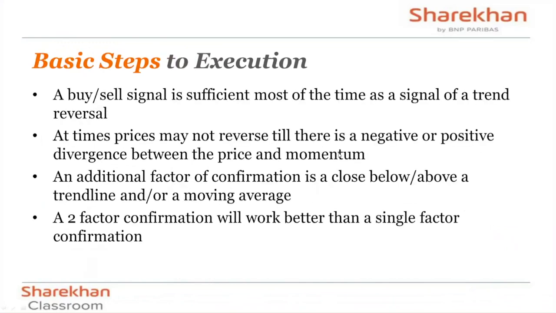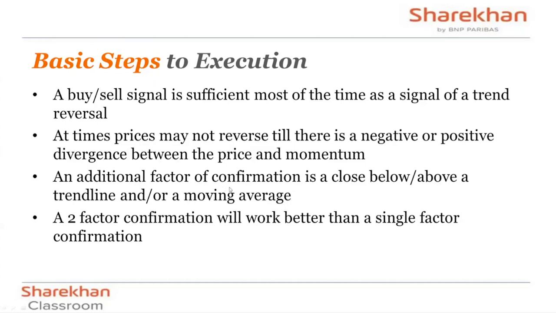A buy sell signal is sufficient most of the time in terms of giving you a trend. If it's a buy, it means a bullish trend; sell means a bearish trend. Prices may or may not reverse till there is a negative or positive divergence in price momentum. You may additionally use a second factor of confirmation, either a trend line or a moving average. Two-factor confirmations will work better than a single factor confirmation. So that's the basic setup. What this doesn't mention, of course, is that all buy signals that are below the zero line are more significant than those above,